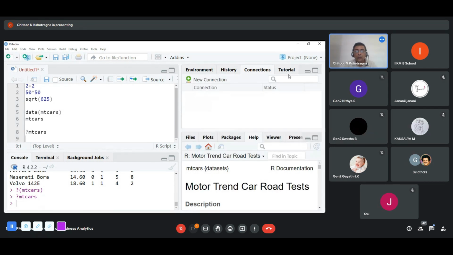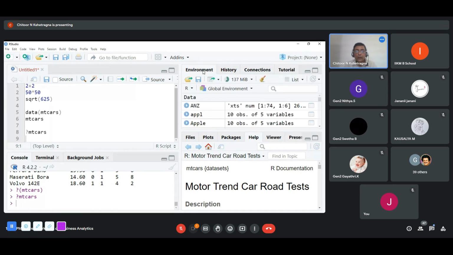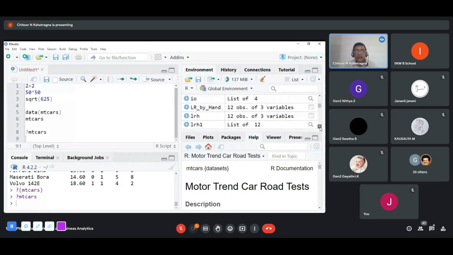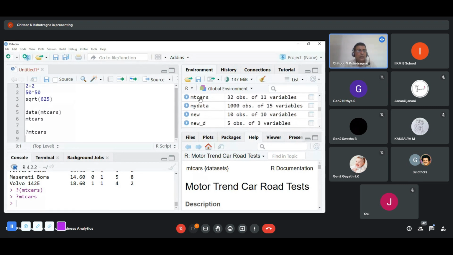Okay. So what I can do now is, so now let me get this data set where I can easily read. So now I'm searching for this mtcars data set. Very easy. Right. I'm just clicking on this here.